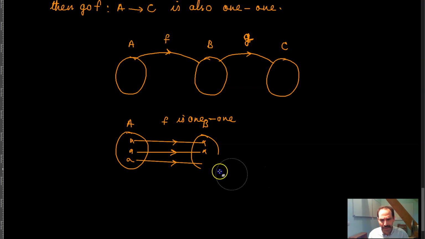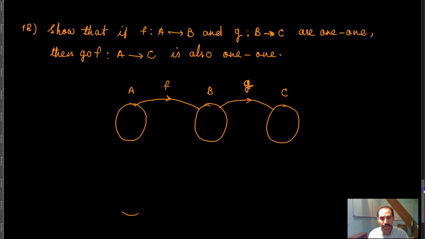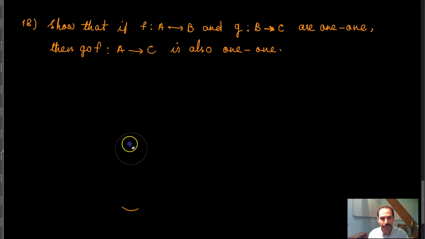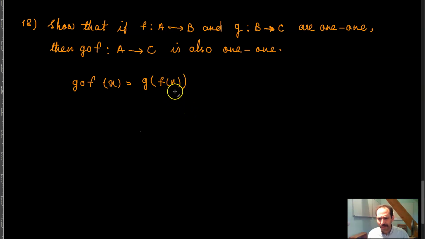Now the question here is that we want to show that f from A to B and g from B to C are 1 1, and so then g o f from A to C is the same. g o f of x, for example, is equal to g of f of x. So g of f of x is equal to g o f of x, which means that